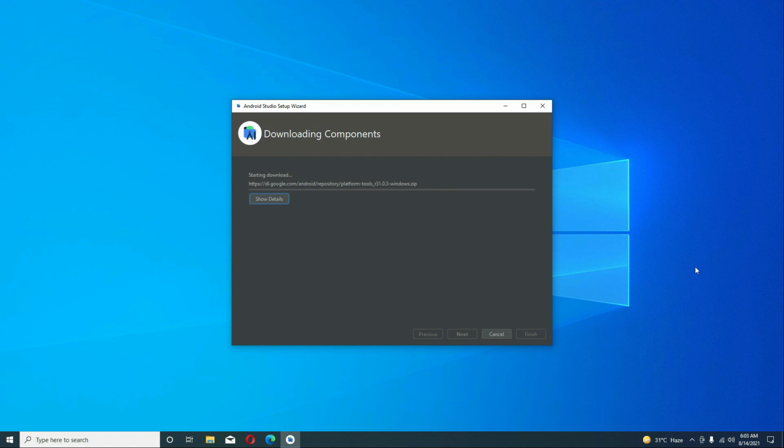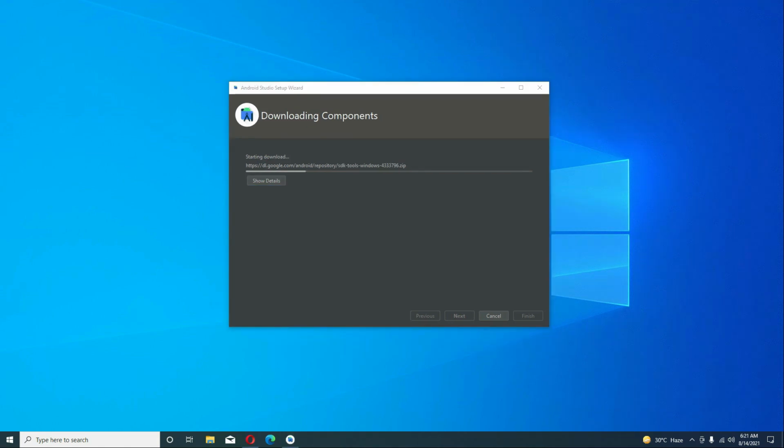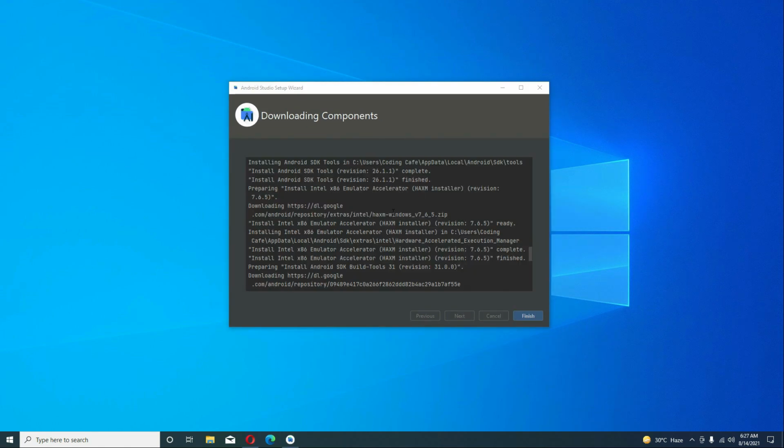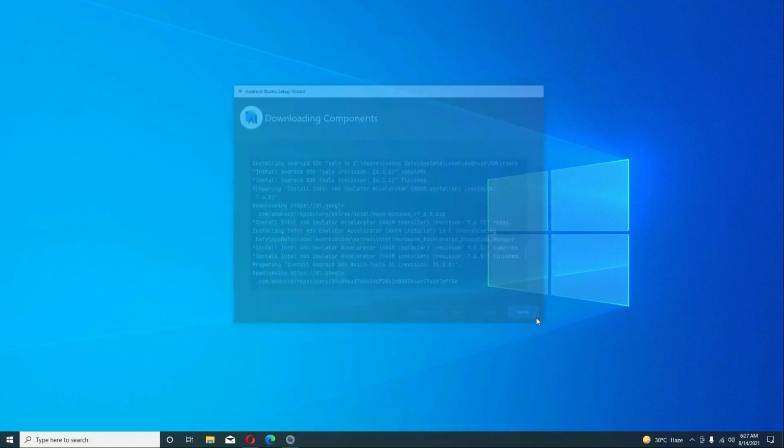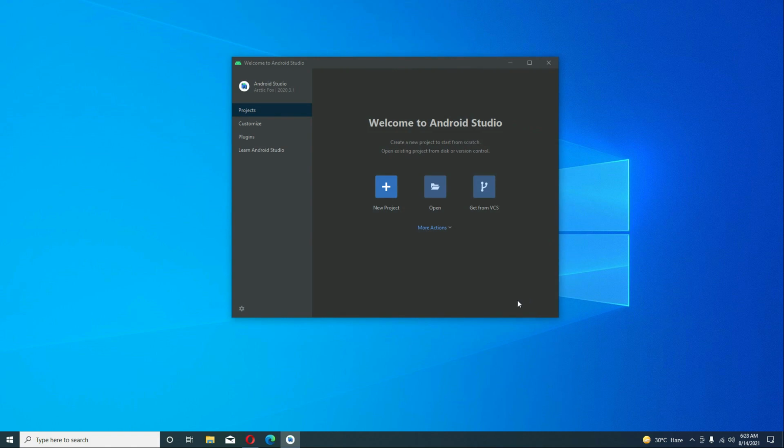So let's wait for it. It will take some time, some 10 to 15 minutes. So as you can see, Android Studio has been installed successfully. Now you can simply click on this finish button. Now the next step is basically to click on this more actions button, and then click on SDK manager,